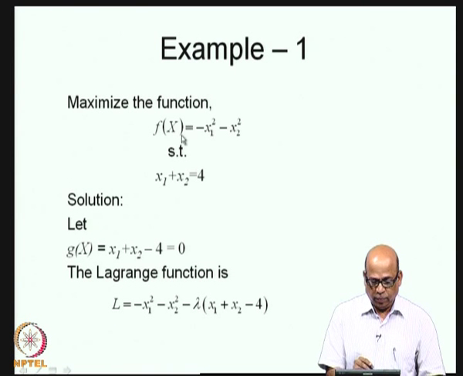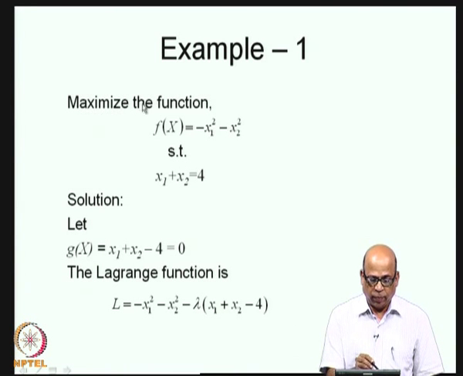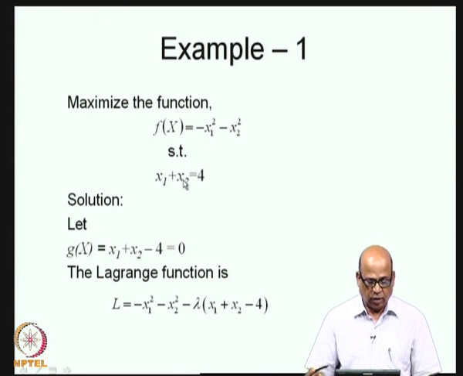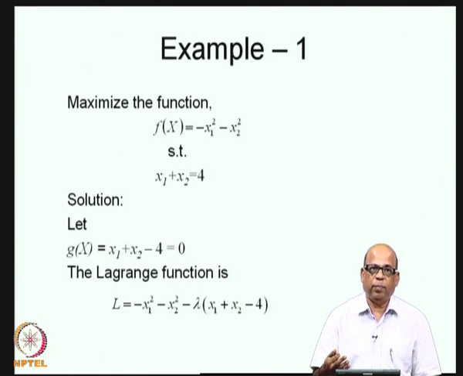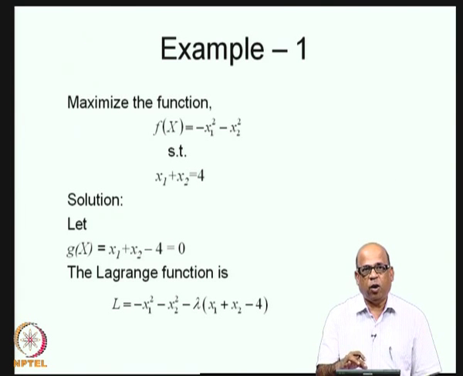Let us say we are looking at the maximization of the function f of x is equal to minus x1 square minus x2 square, subject to x1 plus x2 is equal to 4. In fact, the problem statement can be just optimize, that means maximize or minimize, subject to the equality constraint x1 plus x2 is equal to 4, because we do not know a priori whether the stationary point that we get after applying the necessary condition leads to a maximization or a minimization of the function. So, we just want to explore the optimal values, relative minimum, relative maximum of this particular function.